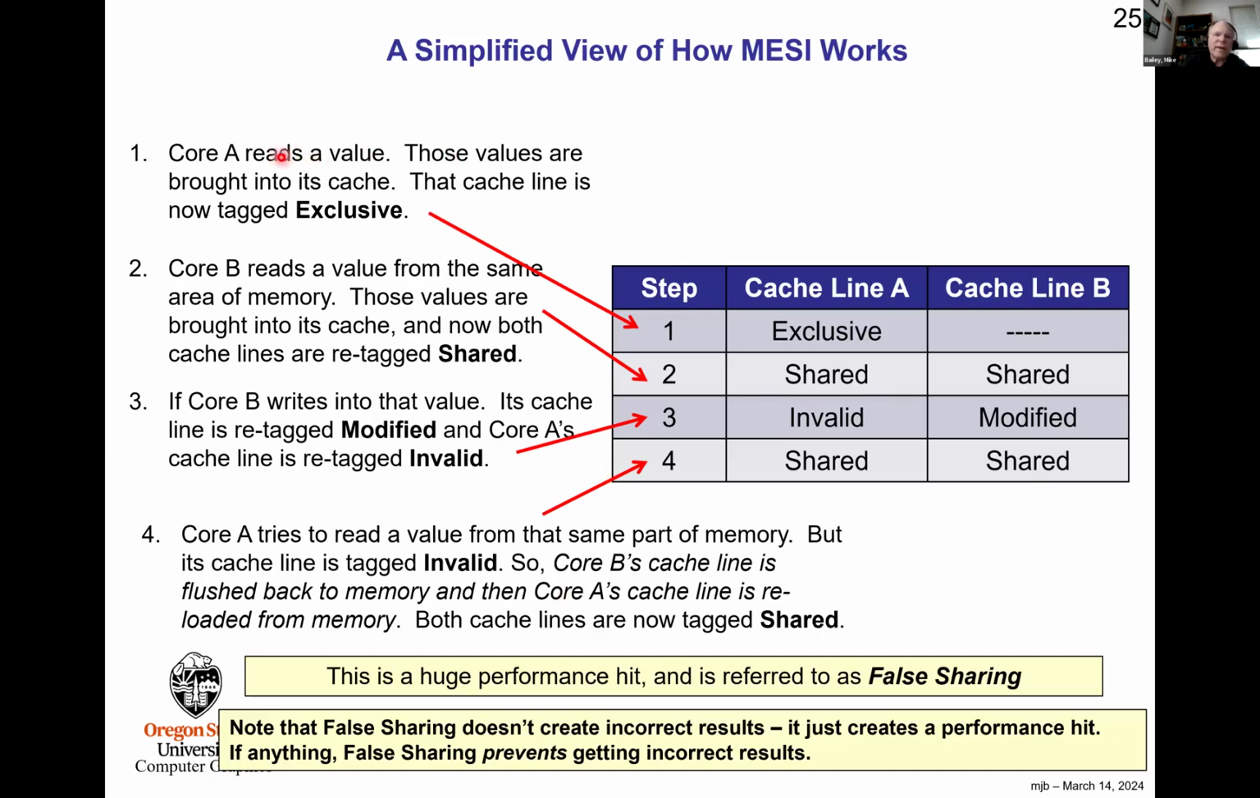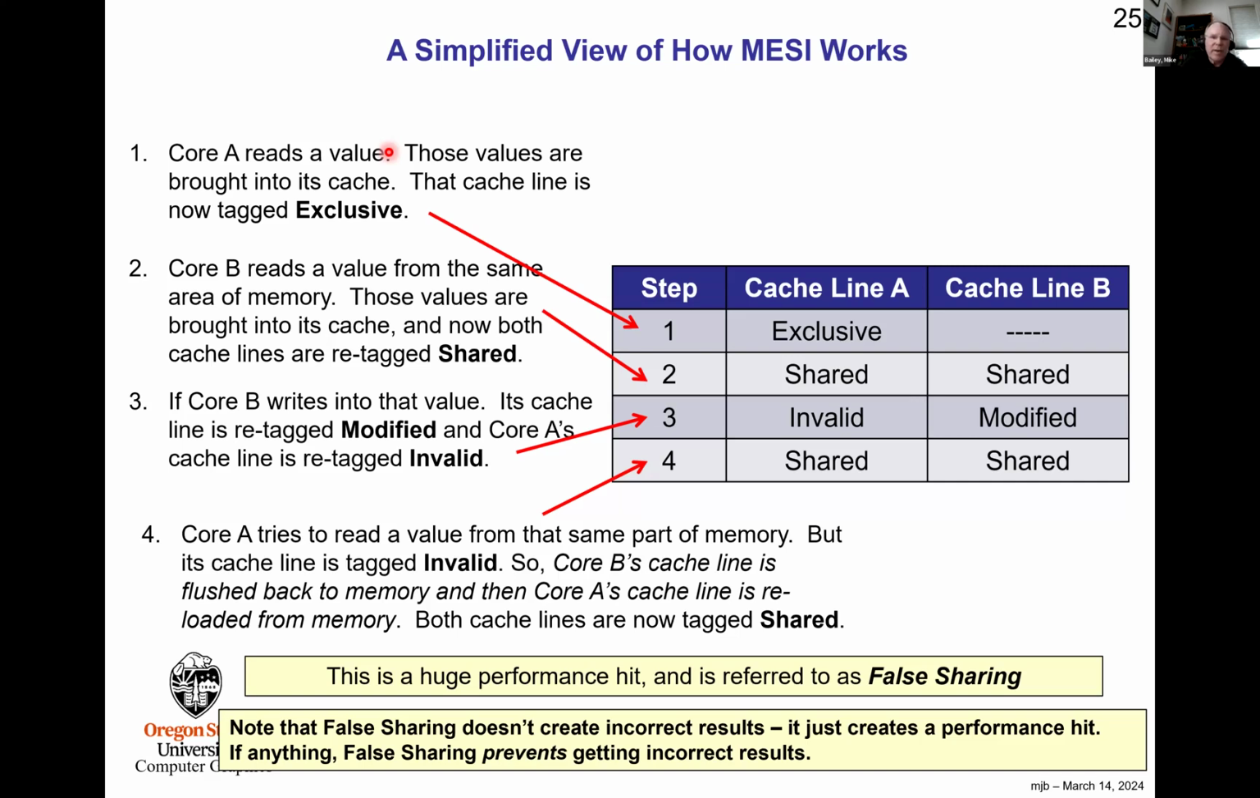So let me run an example. Let's say that core A, we're only going to do 2 cores here, reads a value out of memory. It's not in cache already, so it goes to memory, brings it back, sticks it into core A's cache. And because it's the only one using that cache line right now, that cache line is tagged as exclusive, the